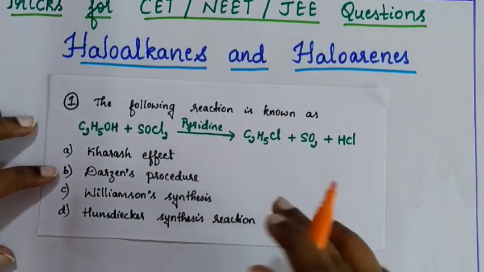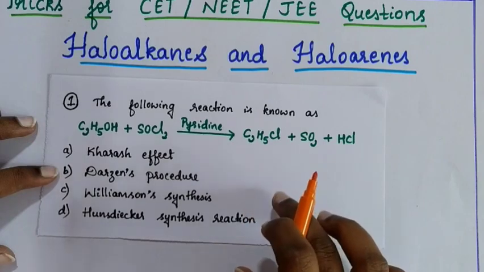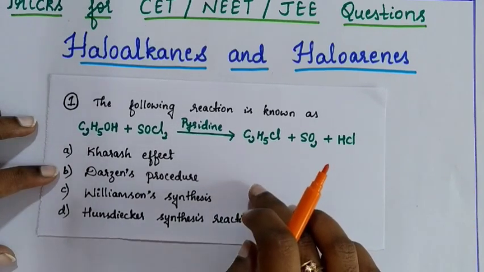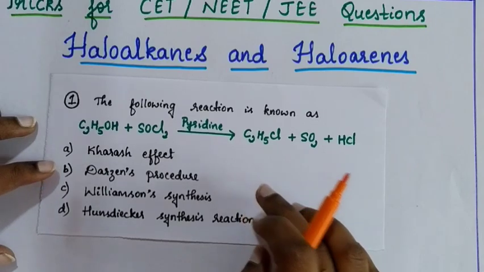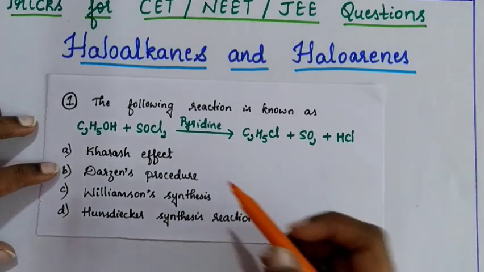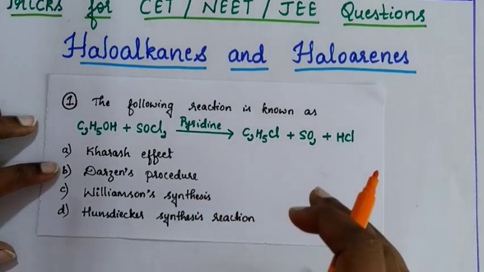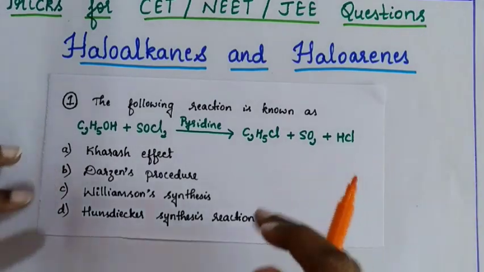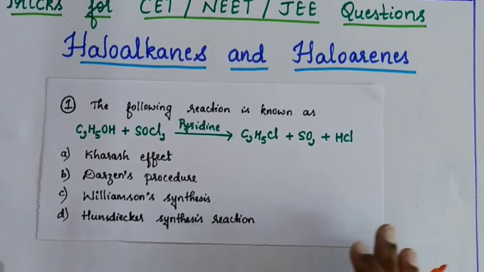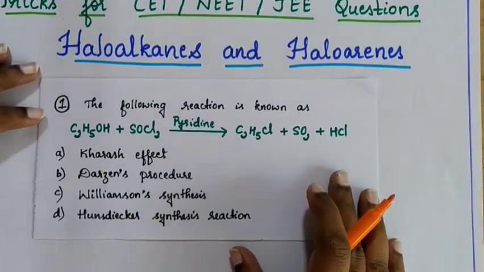You need to understand why the remaining three options are wrong also, because this question may not repeat in the examination, but the concept is definitely going to repeat. That is why, instead of giving importance to the question itself, let us give importance to the concept. So why the remaining three options are wrong for the respective question, that also we are going to discuss in today's class. Okay, let's see the reaction now.